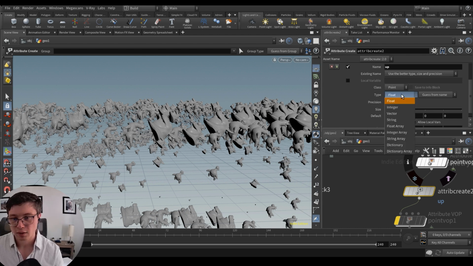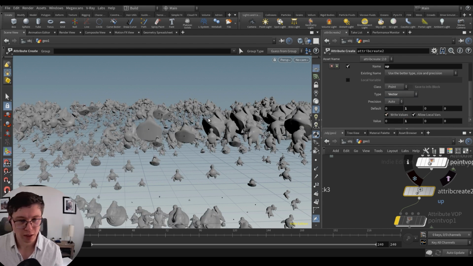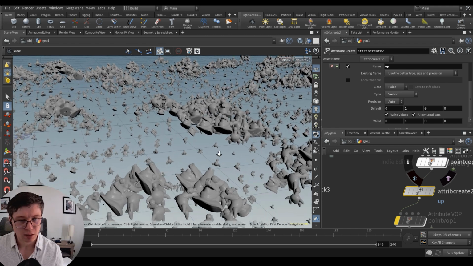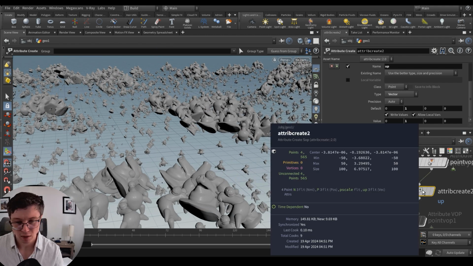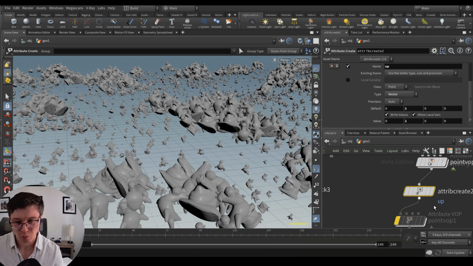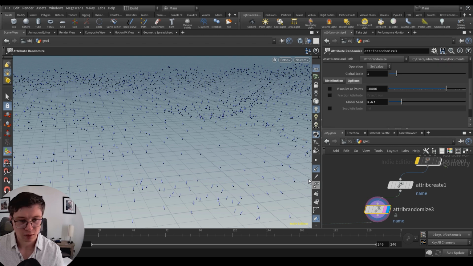So let's use the up, and the default will be Y in Y. It's still not quite fixed. Let me check what we have. Bscale and up.